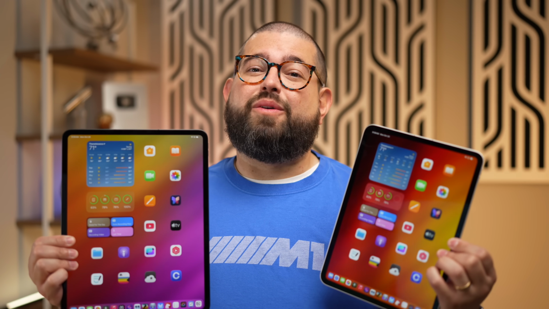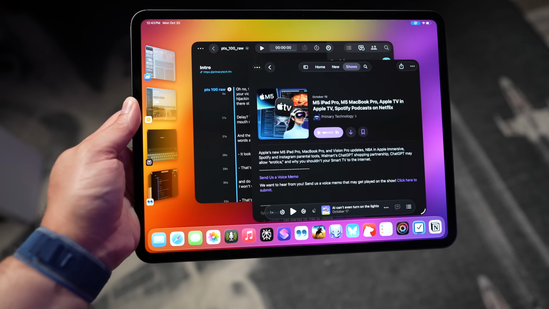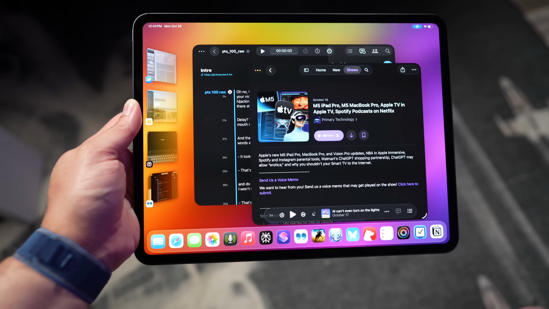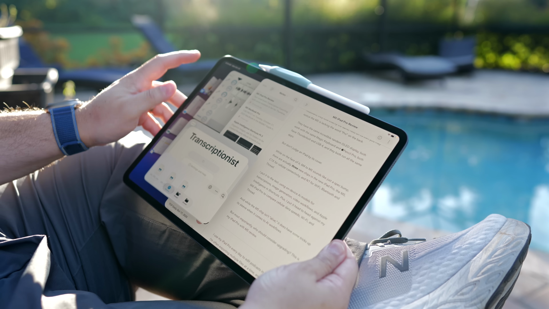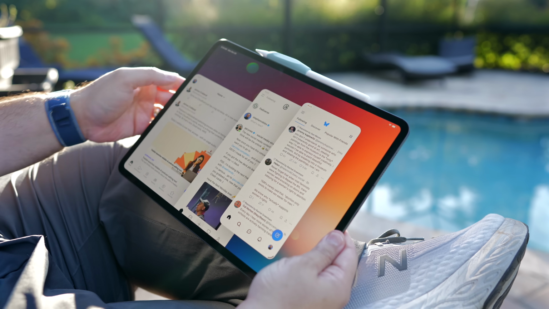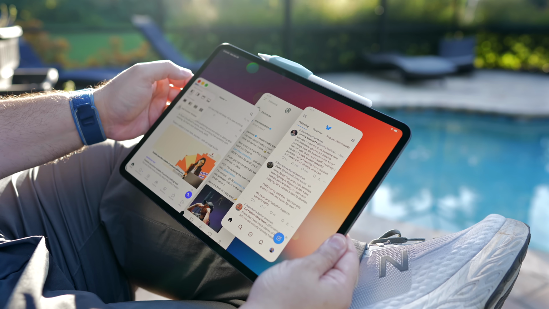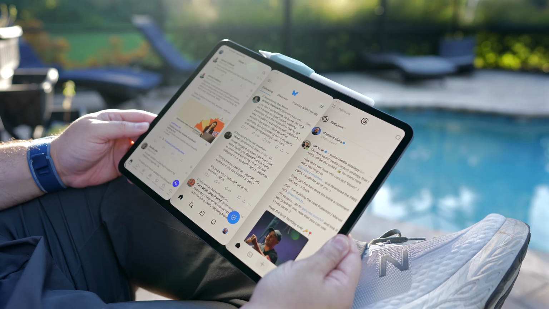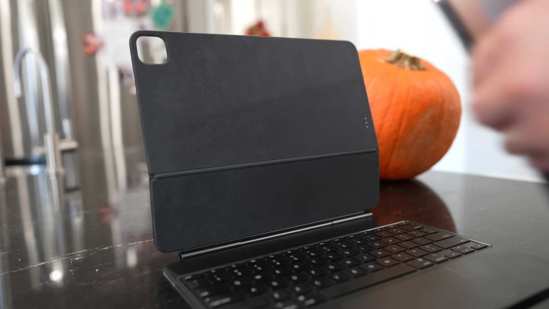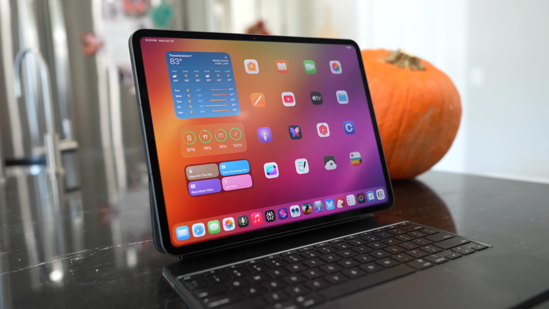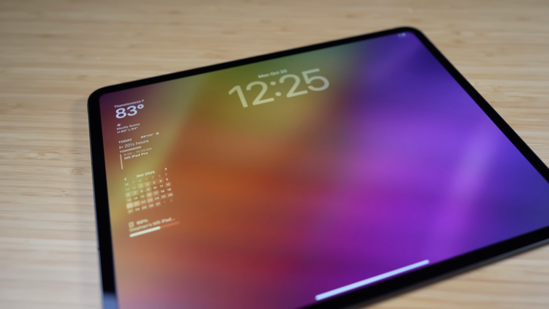And one last word on display. Coming from an 11-inch, running iPadOS 26 and not finding windowing super useful just because it felt a little cramped on the smaller screen, on the 13-inch iPad Pro, windowing now makes total sense. I actually found myself using more windowing over the last 5 days, even getting into Stage Manager, creating a stage to check my social media, another stage when I'm working on videos. So if you want to use the iPad Pro as a computer device with lots of windows, maybe more often in the Magic Keyboard than as a tablet,